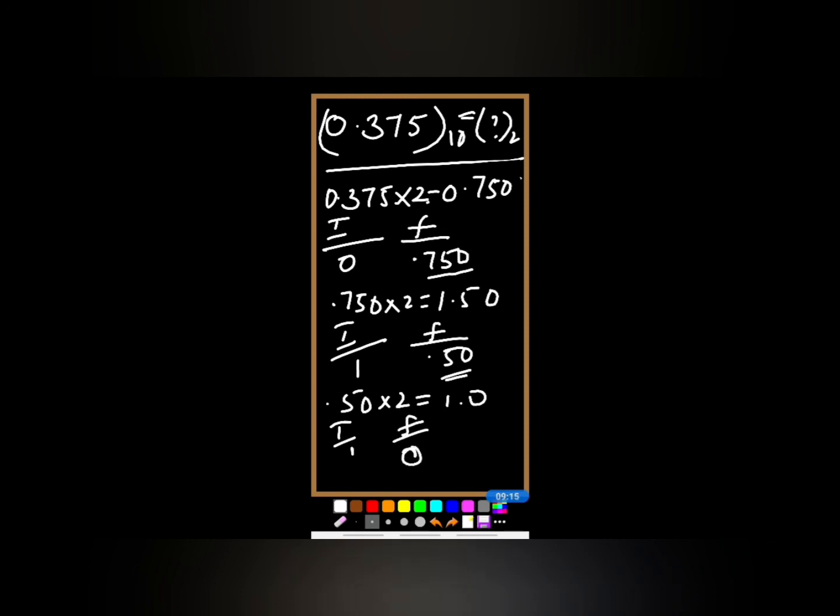So what is our rule? We have to continuously multiply the fractional part by 2 till it reaches 0 or it's repeated. So I got the fractional part as 0, so I can stop it. Then I can write down the answer from top to bottom. From the first multiplication I got 0, then 1, 1 accordingly. So my answer is 0.011. This is the answer. I think it's very clear.